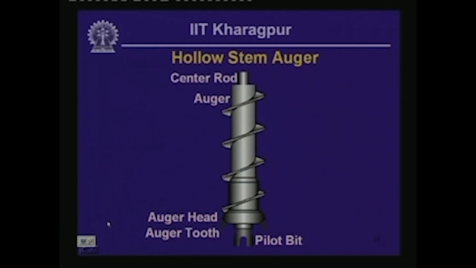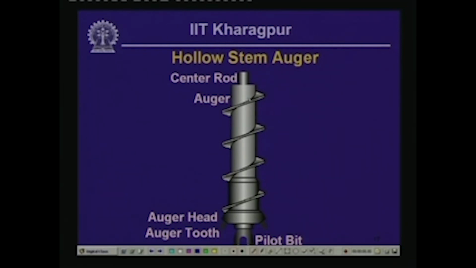So, this one here is a picture of a hollow stem auger. The hollow stem auger is the pipe that you see. This outer pipe is really the hollow stem auger, and it has got an auger head with